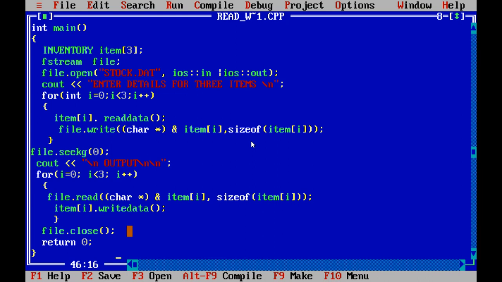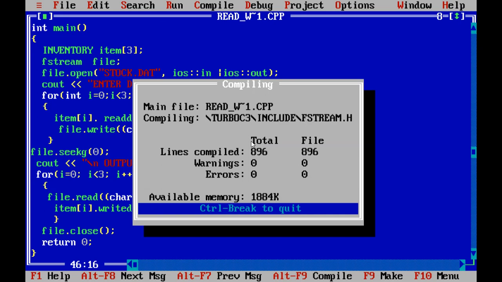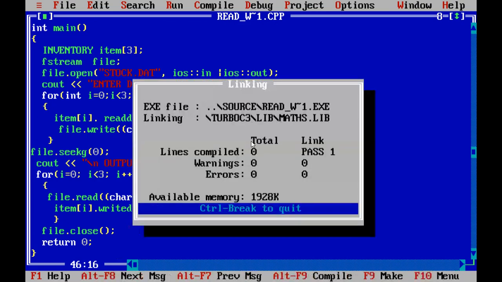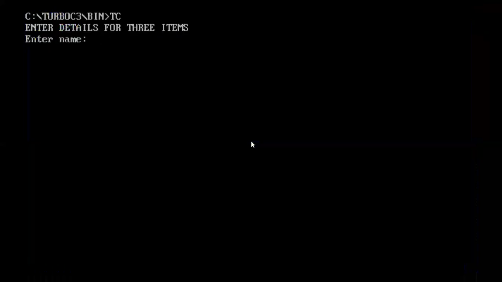So let me compile the program. Alt F9. Now run the program. Enter item name, C program, item code 105, and cost 3. Again for the item of 1, that is for the second object,